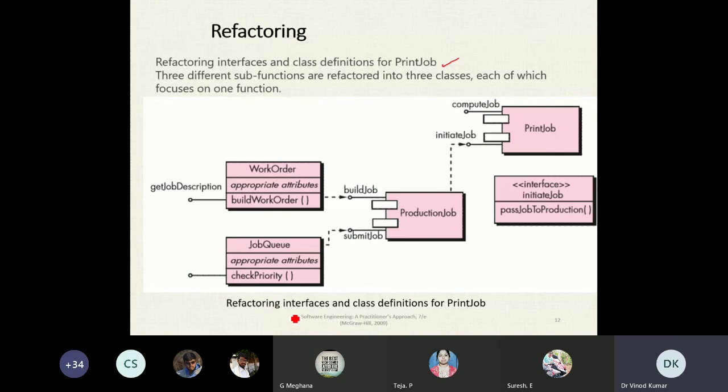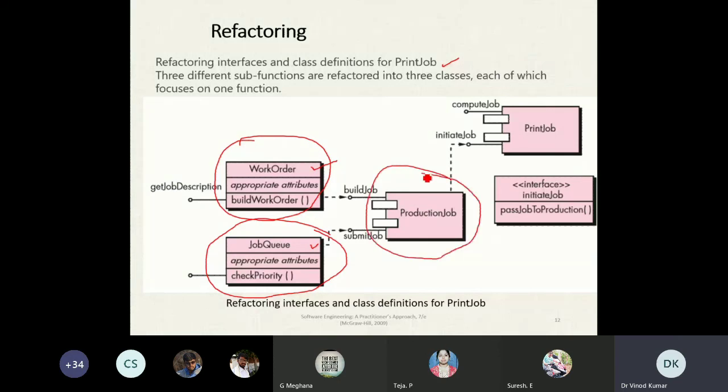So see, this diagram is for refactoring interfaces and class definitions for the print job. You can see here work order is there. Okay, job queue is there. So separately we are making the components here. You can see here, then production job. Then here you will do the print job.